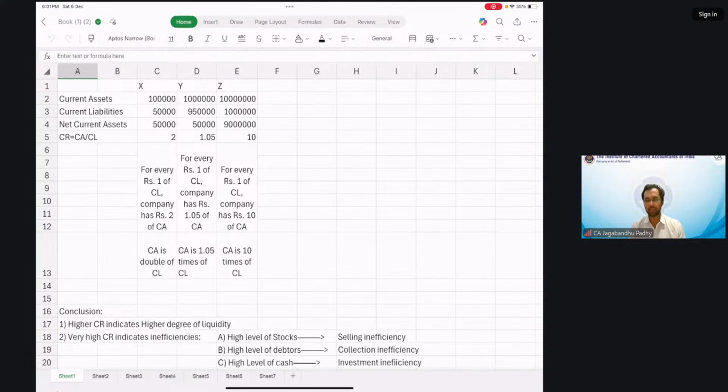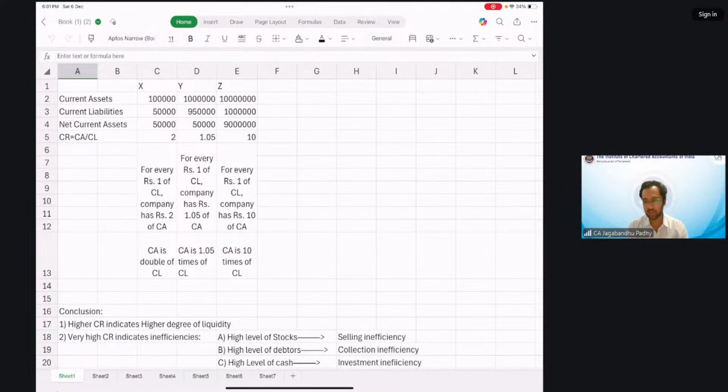we have started with something called the current ratio. So current ratio was simply current assets upon current liabilities. That was indicating your short-term liquidity, right? Which means for every 1 rupee of current liability, how much of current assets you have got. Now, the higher this ratio, the better it is, because that gives us a better sense of